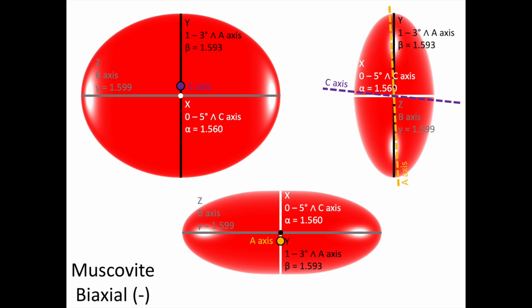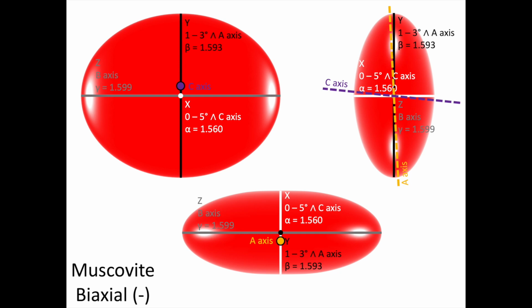Our C crystallographic axis is inclined anywhere from 0 to 5 degrees to the X direction of our optical indicatrix, and our A crystallographic axis is inclined anywhere from 1 to 3 degrees with respect to our Y direction through our optical indicatrix. We know from earlier that the cleavage of our muscovite only cuts the C crystallographic axis, and